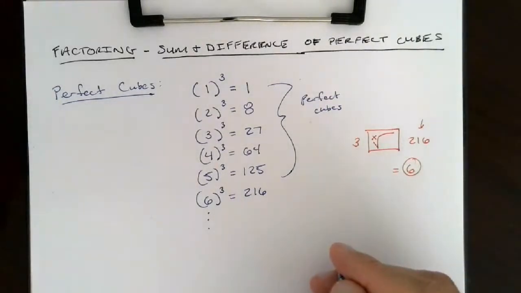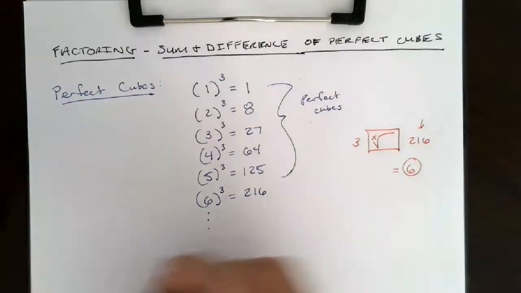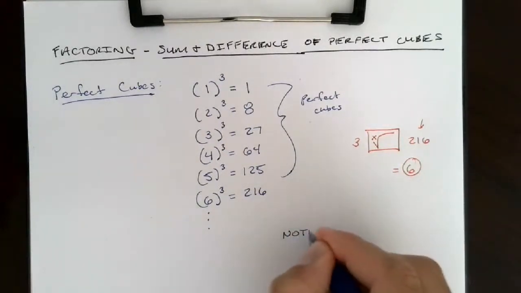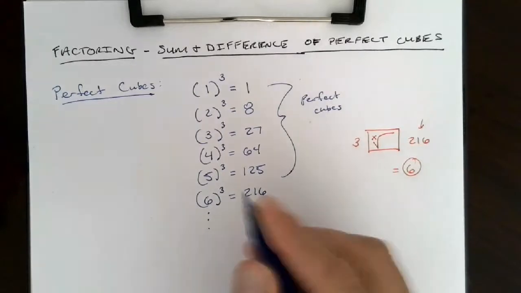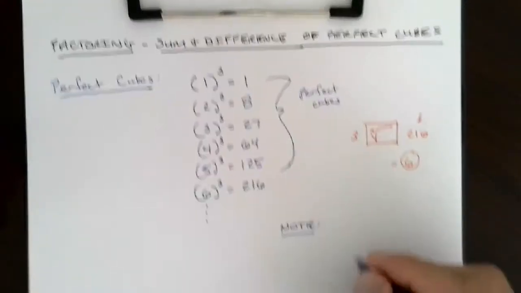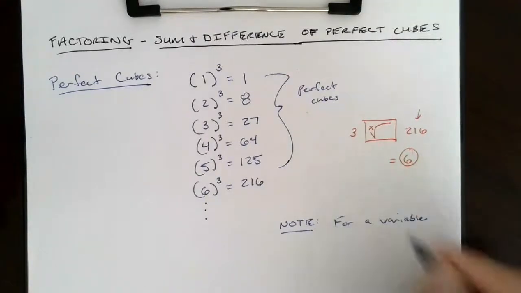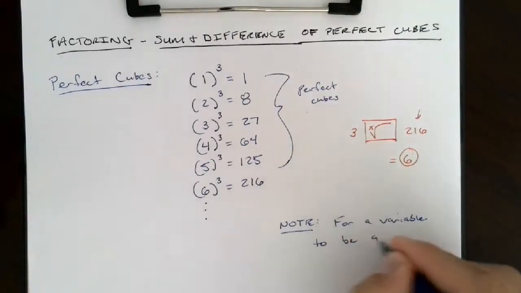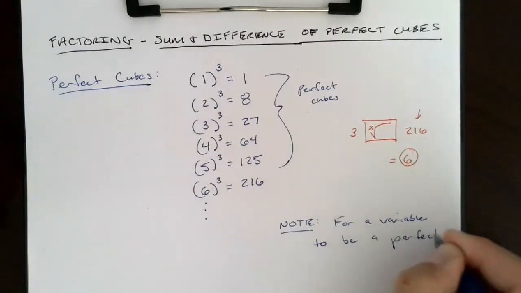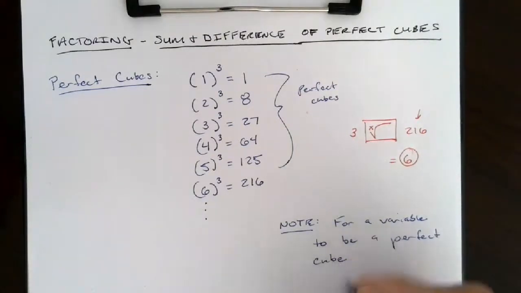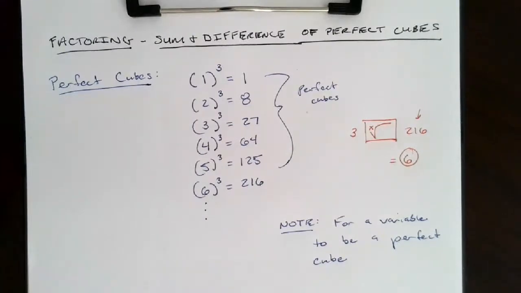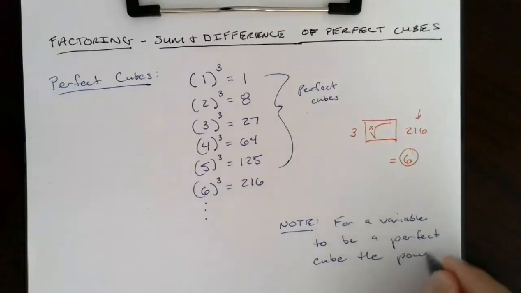For a variable, let's put a little note here, because these are for the numerical values, but for variables. So note, for a variable to be a perfect cube, meaning something times itself 3 times gives it to you, for a variable to be a perfect cube, the power must be divisible